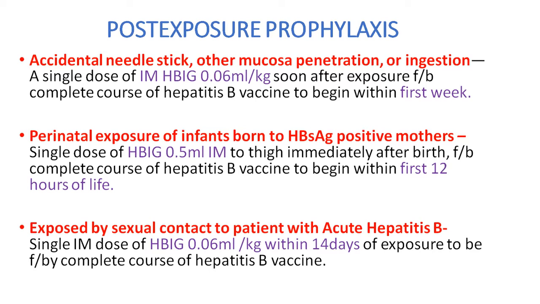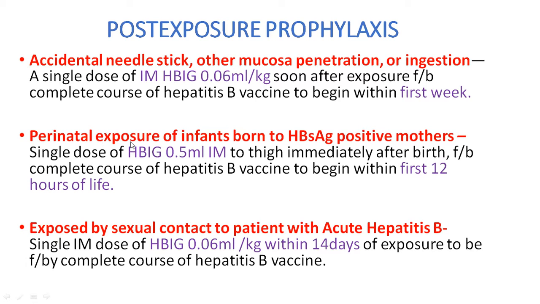Then what you do is you first check the HBsAg to see if the patient is positive or not. Then you do HBV viral DNA titers to know how infective the patient is, or what stage of infection they are at. Even the doctor or the exposed person should get checked for HBsAg levels. If the HBsAg levels are negative, then the person is most probably safe, and if he was vaccinated previously, then you can give just a single dose of immunoglobulin.